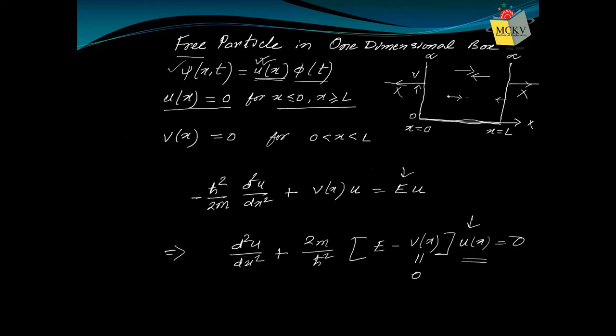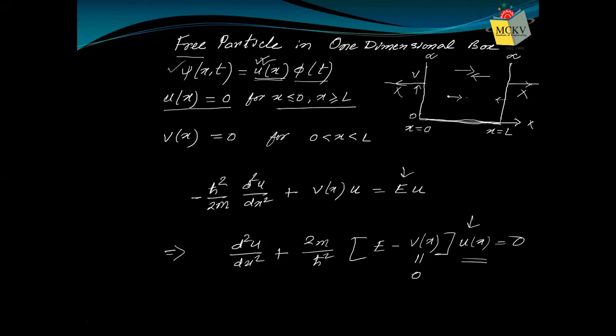And the particle is entrapped in this well. That means at the boundary at x equals 0 and x equals L, the potential energy is infinitely large, so that under any circumstance the particle cannot escape from it. Therefore, outside the box there is no existence of that particle. Outside the box the wave function is 0. And the particle within the box is assumed to be free from any forces. That means there is no force acting on that particle. Therefore, the particle is not doing any work and its potential energy within the box is 0.